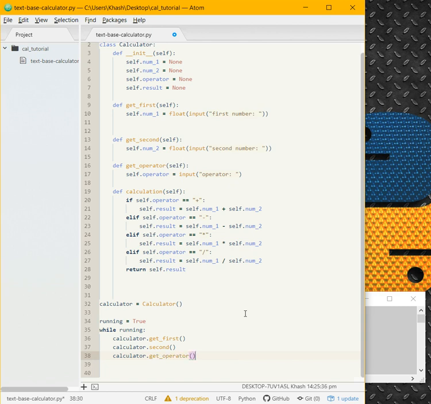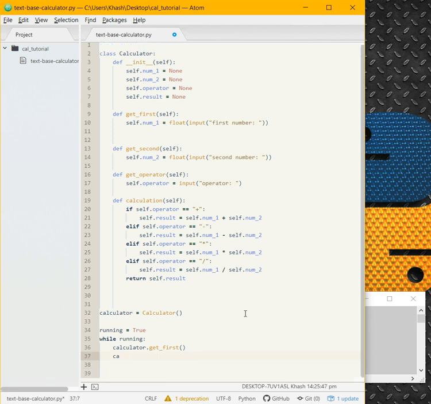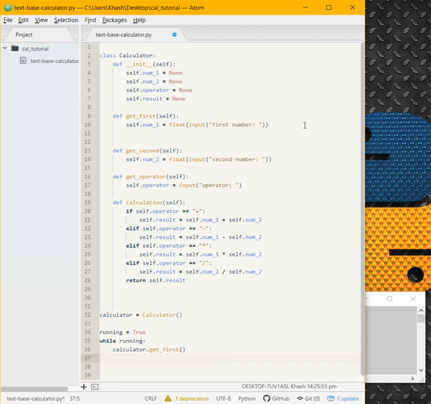But I think it's not a good design, or actually it's just my personal opinion, but I think we can just get the first number and run some sort of data check on it. So if we pass the data check, we just jump to call the second method and call the third method, and after that we go for the calculation itself. And what I mean by data check, let's say for example